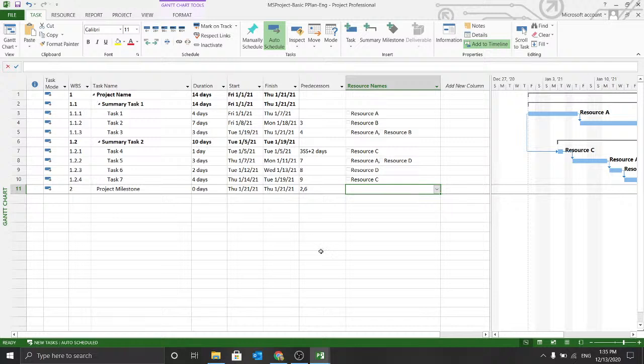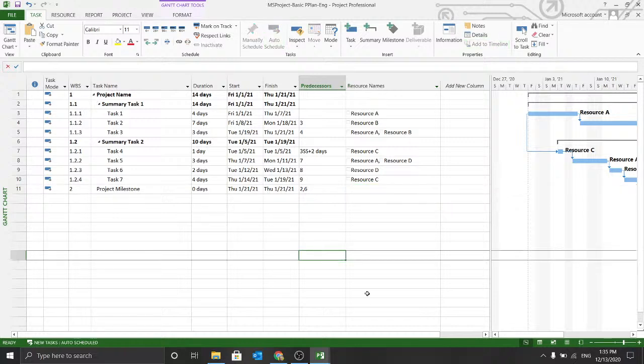So there we have it, folks. We have our basic project plan created. We covered project scheduling. We covered project calendar specification. We covered how to define resources. We also covered resource work for a particular